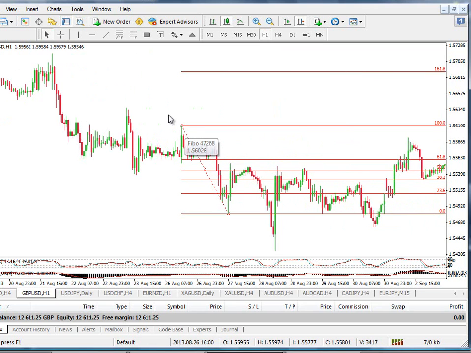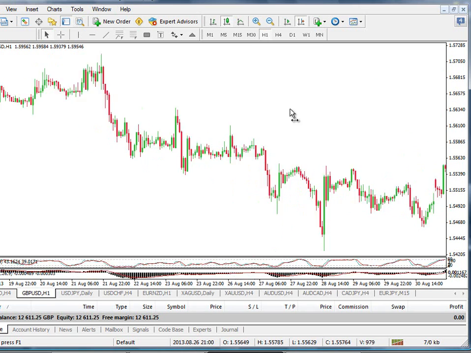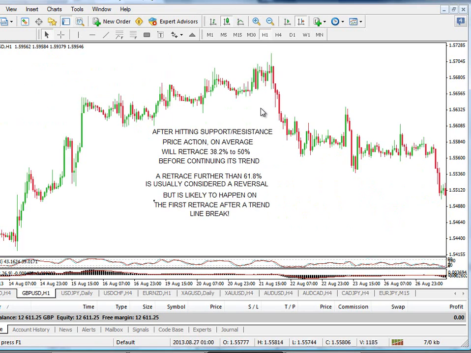Every time there's a new move, you take the new swing low to new swing high, or new swing high to new swing low. So it's relatively simple to use. So before we close this video, just run through these. The most important factors on trading the Fibonacci. The first one is after hitting support or resistance, price action on average will retrace 38.2% to 50% before continuing